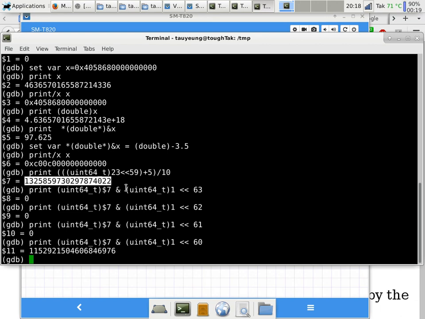Do I have room? Yes. Shift it one more time. Do I have room? Yes. Shift it again. In other words, I want to fill up all 64 bits before I do a division by 10. But how do I know that I have filled up all 64 bits? I look at the most significant bit. If the most significant bit is a 0, that means I have not filled up the entire 64-bit number yet. So that bitwise AND is going to return bit 1.